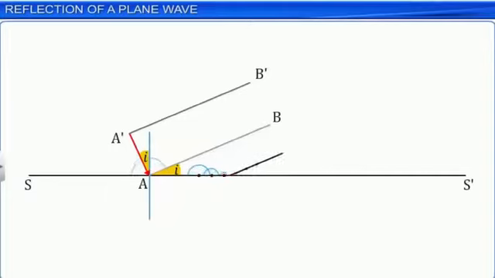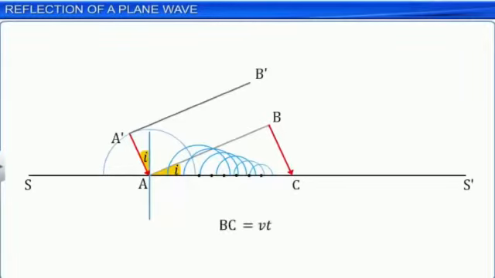Let us assume after t seconds, the point B of the wavefront AB is incident on the reflecting surface S dash at the point C. Then BC is equal to vt. During the same period, the hemispherical secondary wavelet from A would also attain the radius vt. Hence, the hemisphere with center at A and radius equal to vt represents the secondary wavelets